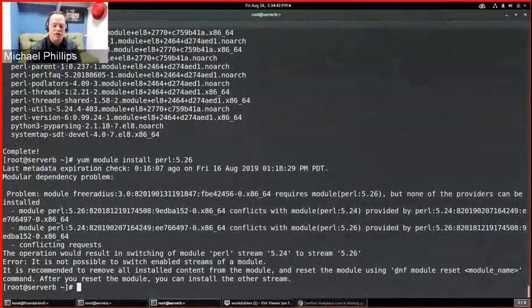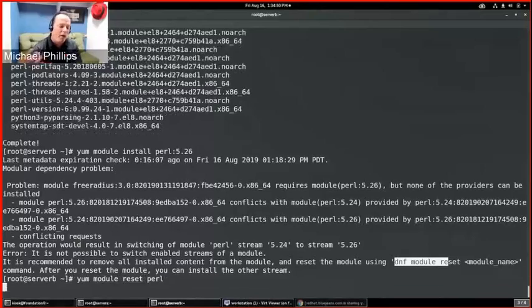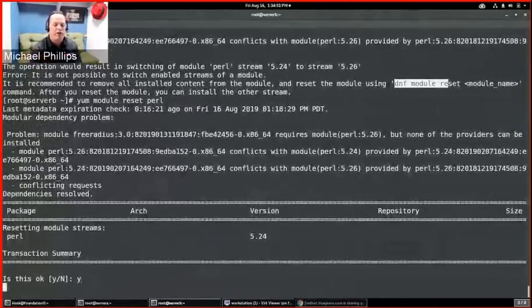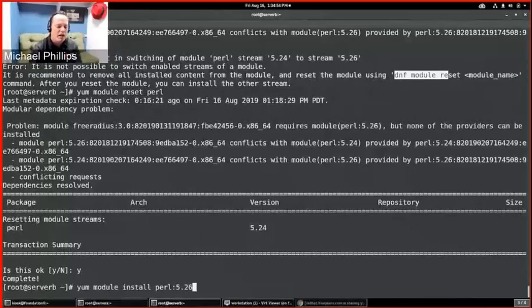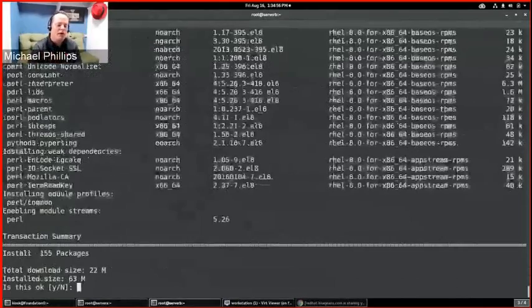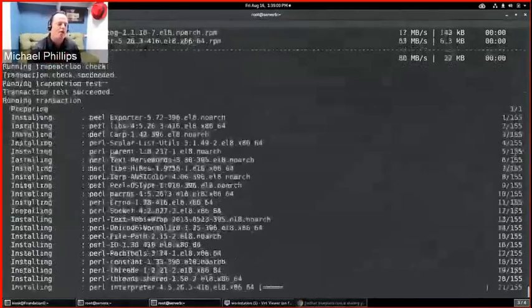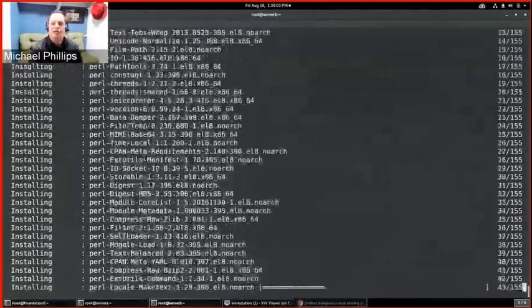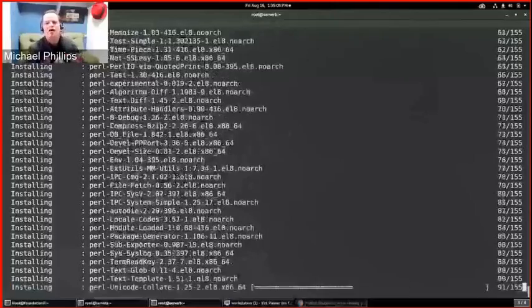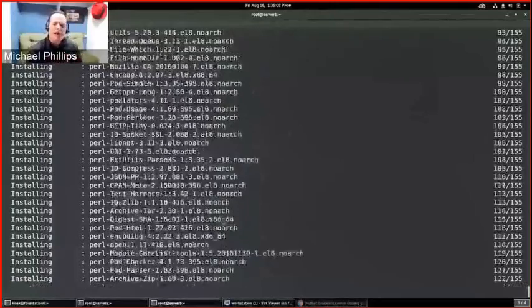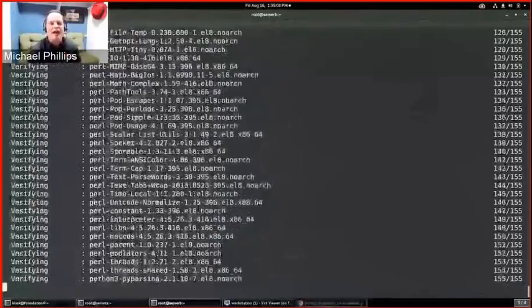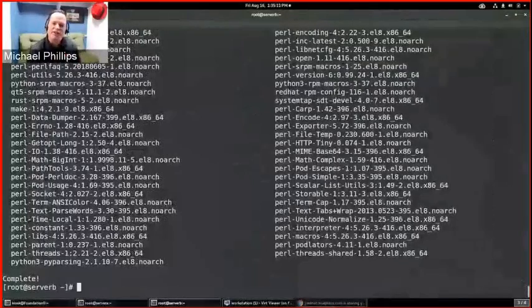So you can either use this DNF module reset, or I could use yum module reset. But it goes ahead and kind of clears out some information where I will be able to install a new version of Perl. And again, now it's going to say, yeah, go ahead and grab this. So you'll start to see this, right? Red Hat Enterprise Linux 8 with these module streams. And sometimes you're doing it explicitly. Sometimes you're using the yum module command. But there might be other times where you're not using a yum module, and you still see it